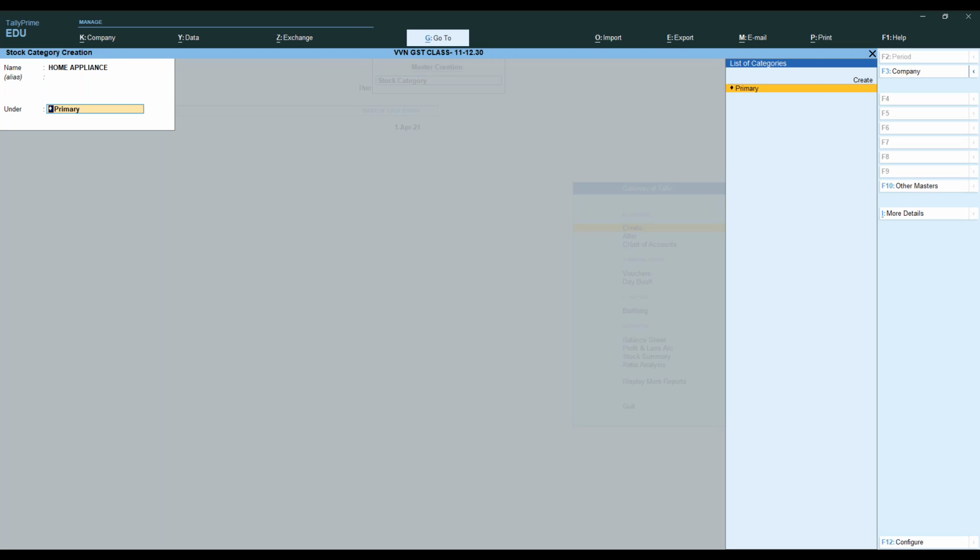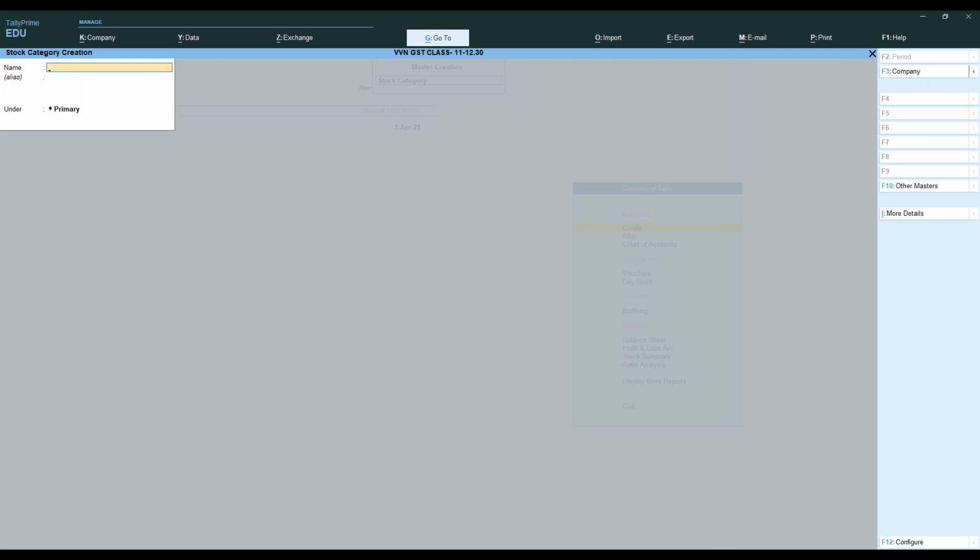Under will be as primary itself. Okay, there's no need to put anything under here. It will be as primary itself. There's nothing to do here. So what you have to do is just give the name as home appliance, select under as primary, and you just have to save it. That's all. Okay, so home appliances,